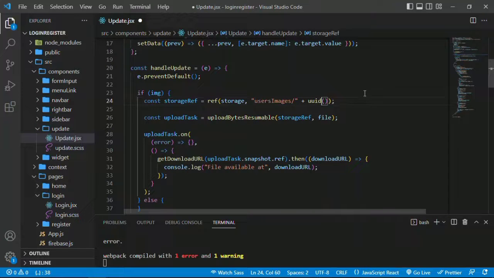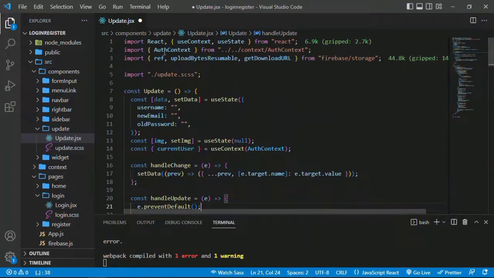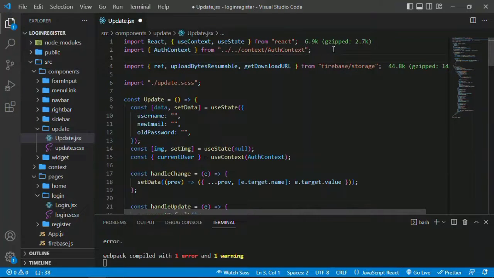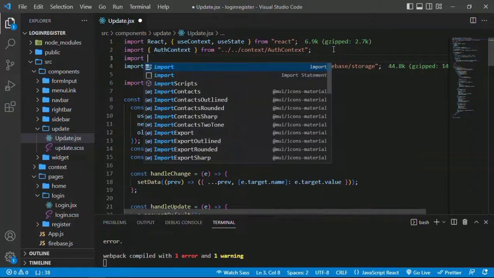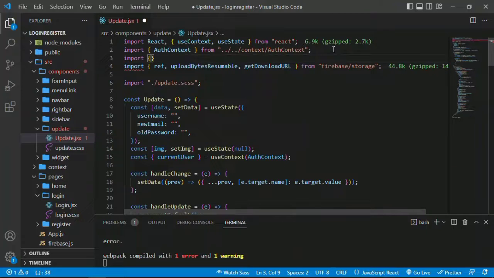Because if you have the same name, it's going to override that in the Firebase store. So here I'm going to import v4, that's version 4, version 4 as